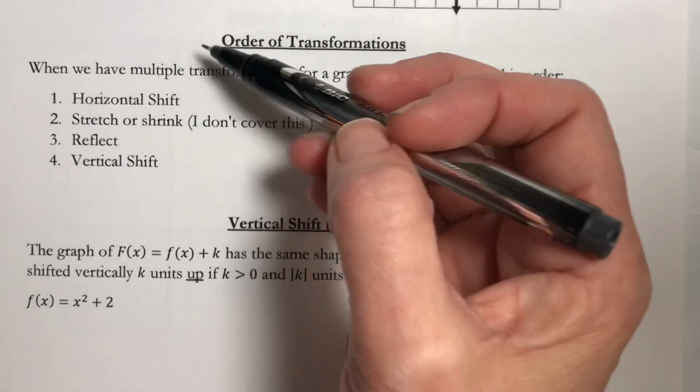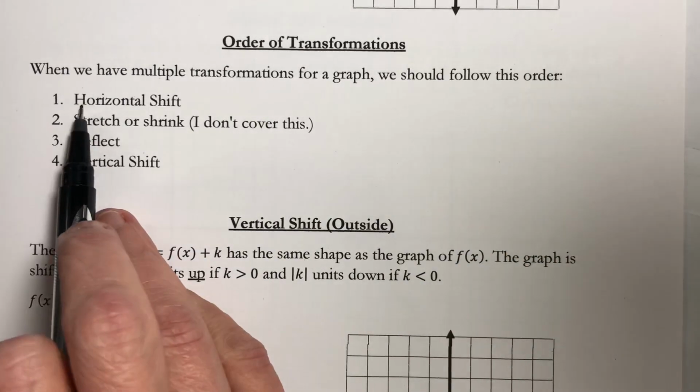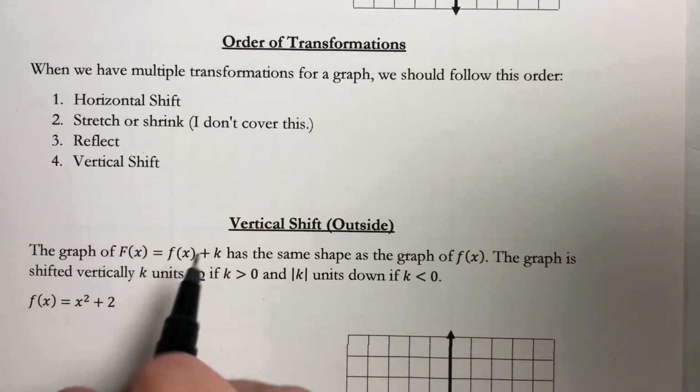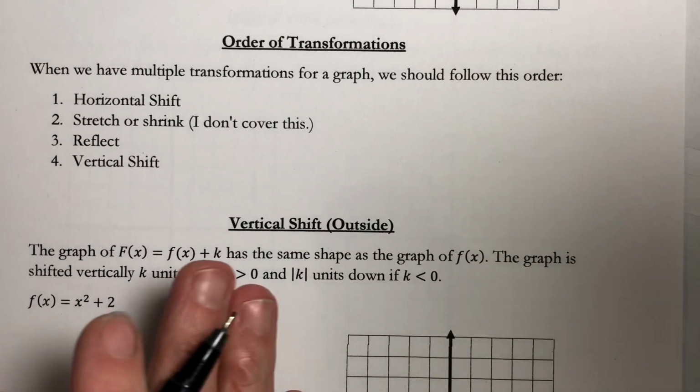When we do this, we have to follow this order. We have to do our horizontal shift first. So we'll look at our equations once we know how to identify things, and we'll move our graph either left